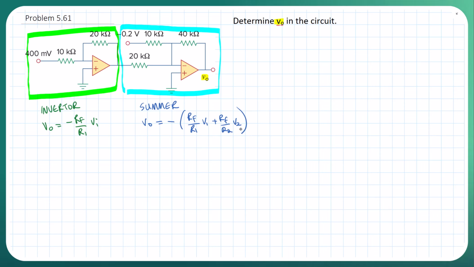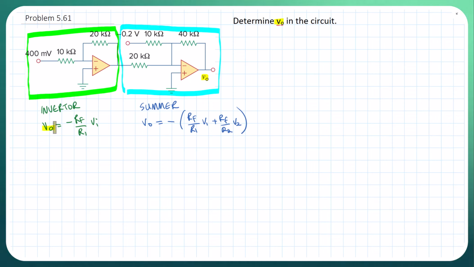Whenever you see circuits, thankfully these are very straightforward based on what we've defined as a summer and an inverter to look like. But even if it's more complicated, always break it down into components that you recognize, and then work your way step by step. So the first thing we want to do is find